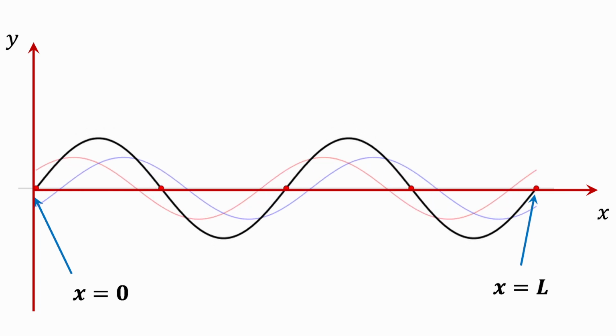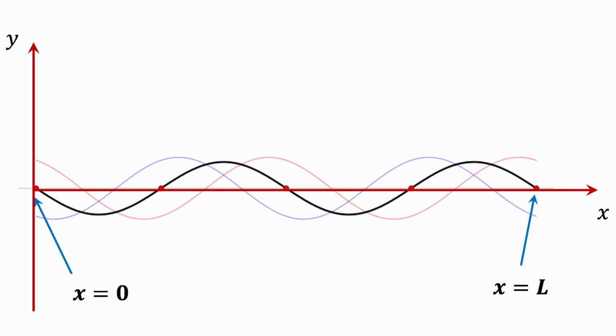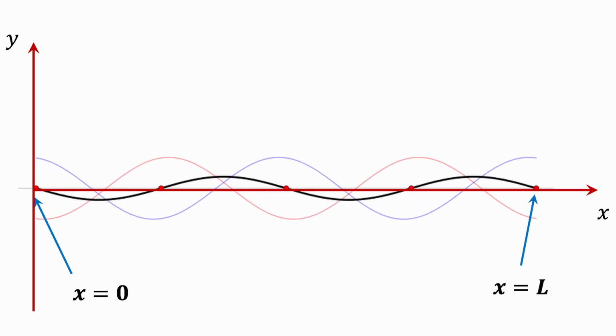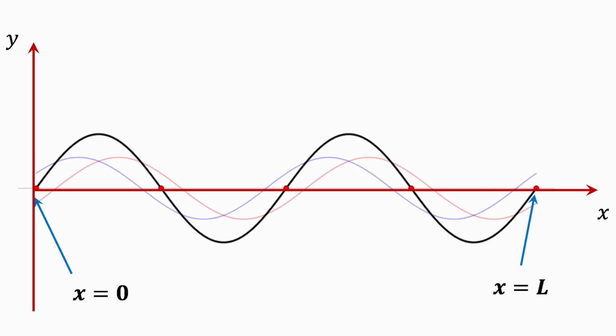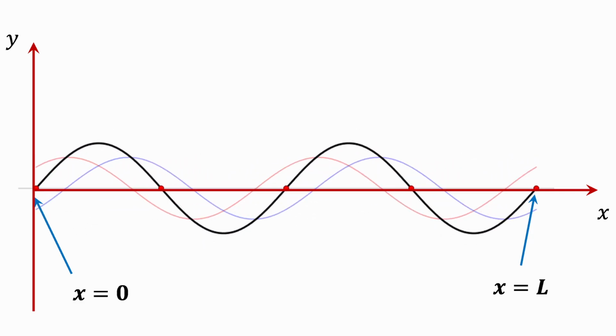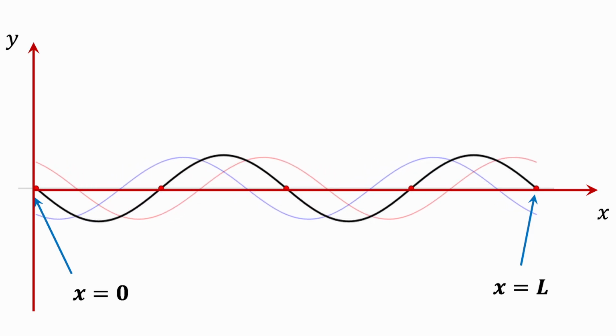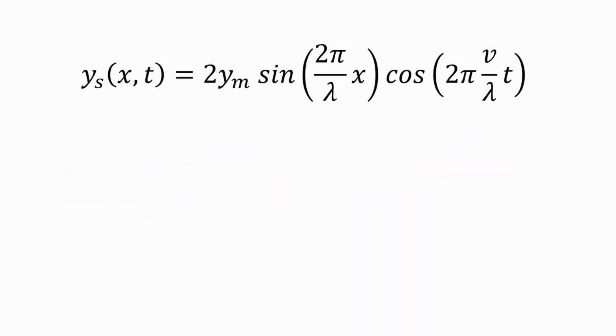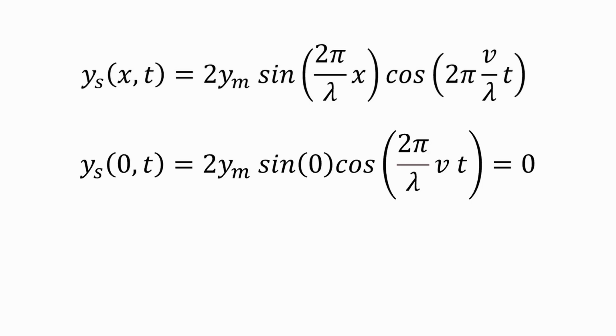Let's imagine a wave with fixed points at a position x equal to 0 and at another position x equal to L. Standing waves of this type do not transfer energy at the boundaries since the ends are fixed. Those are the waves that occur in string instruments. The standing wave equation is: at position x equal to 0, the wave already has an amplitude of 0. The fixed end condition at a position x of L is written as